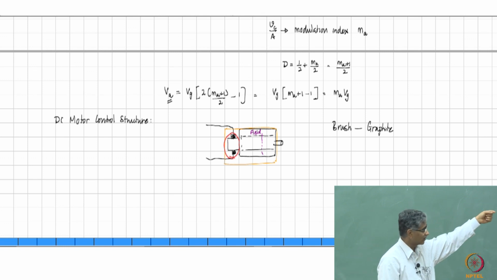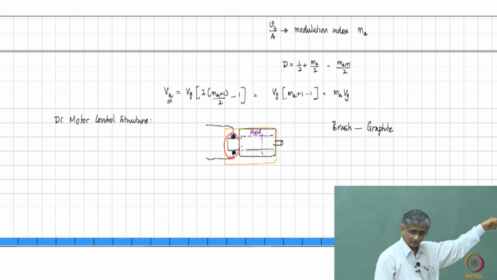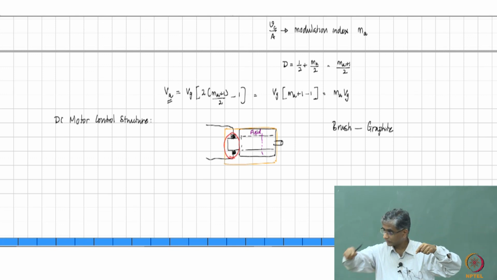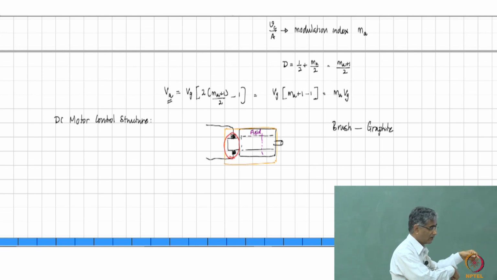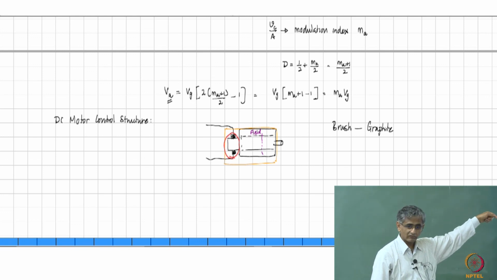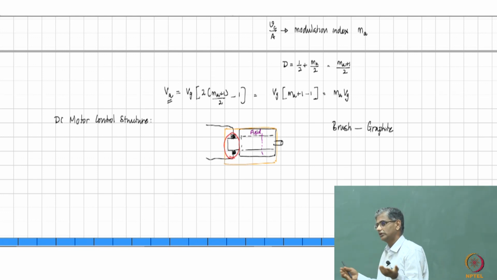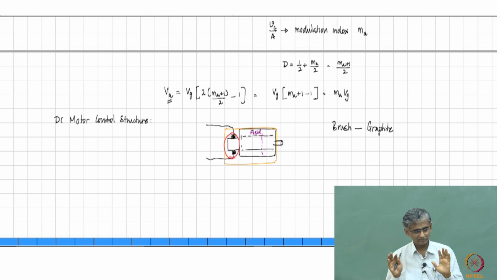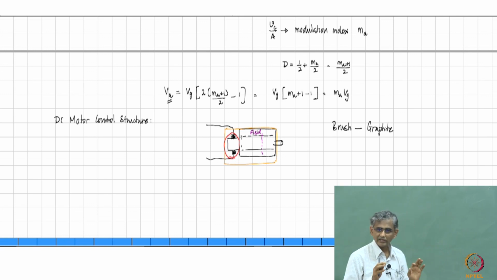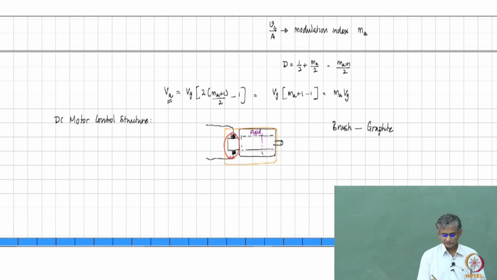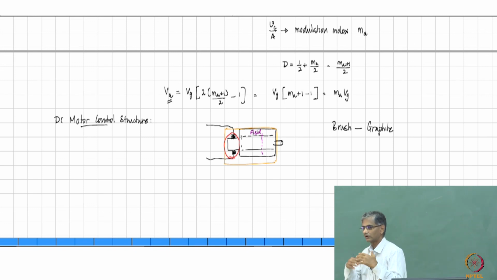You want armature current to enter through one of the brushes, go into the armature conductors and come out through the other brush. But instead what will happen is it will enter through the first brush, short circuit the whole thing and go out through the second brush, which means your motor will stop working after some time, right? It will cause an explosion inside the machine. Therefore, DC machines, though they are very good for the purpose of understanding control systems and so on, they are not used in robotics application especially.